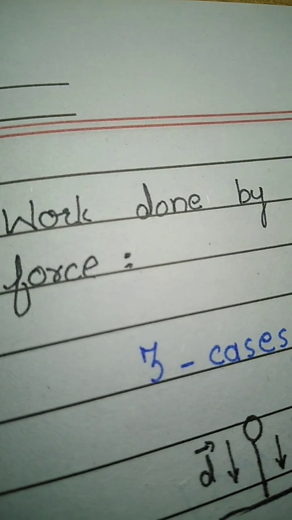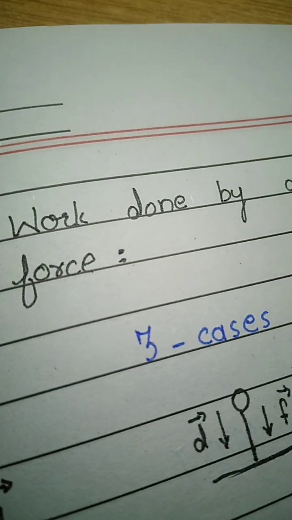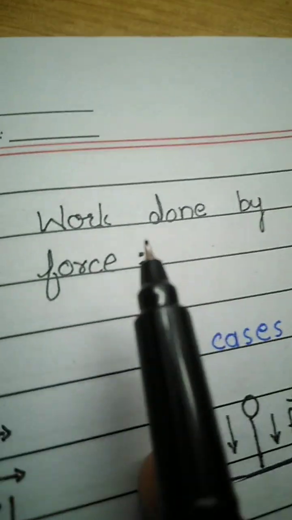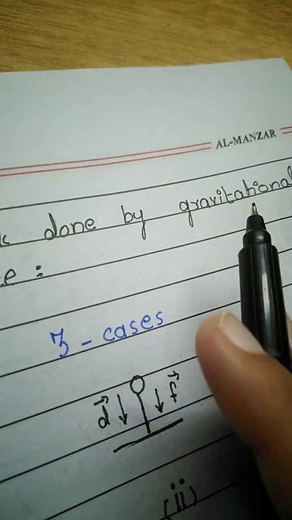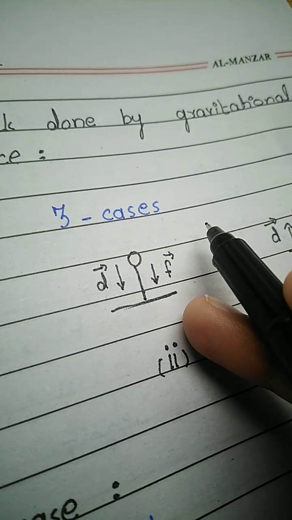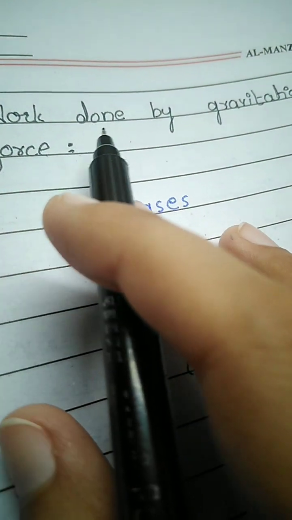Today we're going to talk about the work done by gravitational force. As we talked about the work done by variable and constant force, today we're going to talk about the work done by gravitational force. Now there are three cases or three situations that happen